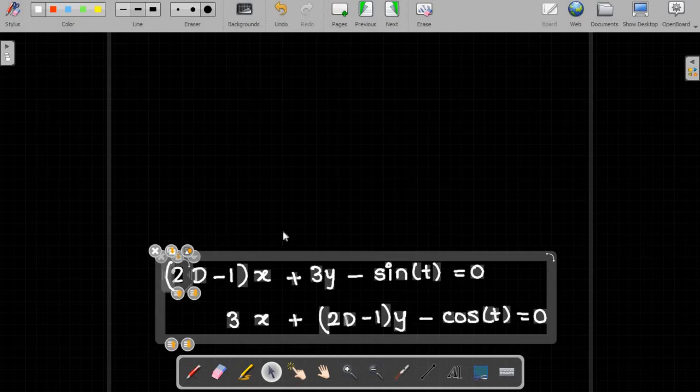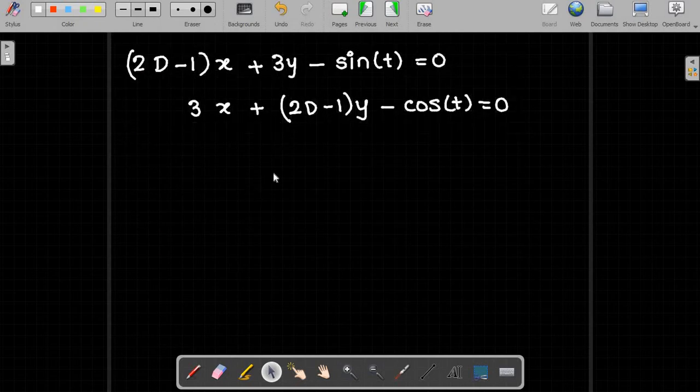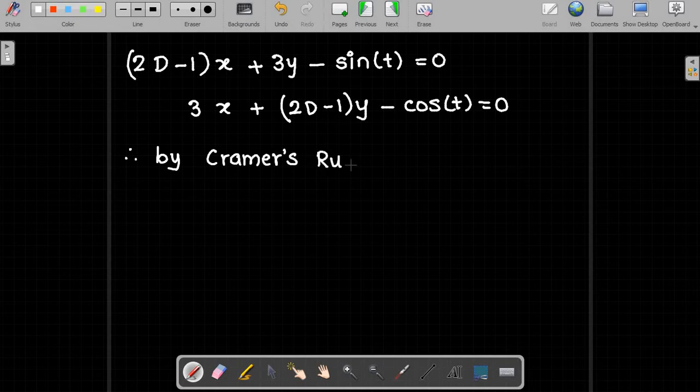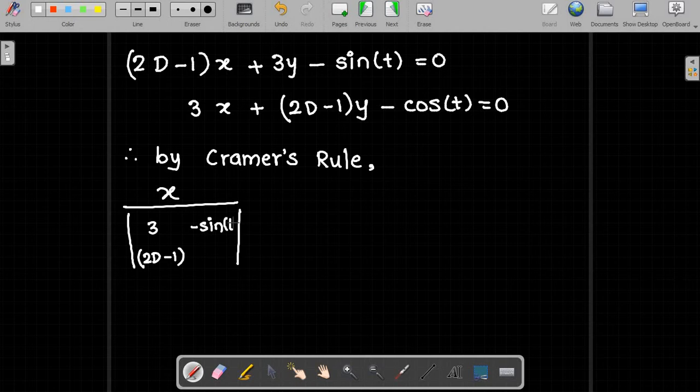Now we apply Cramer's rule to these two equations. By using Cramer's rule, we get x upon the determinant of coefficients of y and constant term. In the first equation, the coefficient of y is 3. In the second equation, the coefficient of y is 2D minus 1. The constant term is minus sin t. And in the second equation, the constant term is minus cos t,